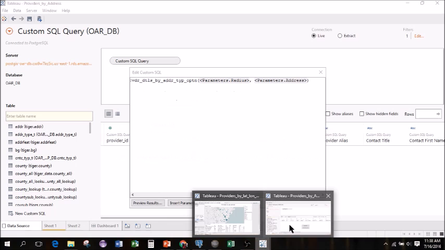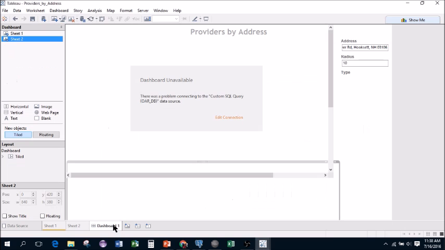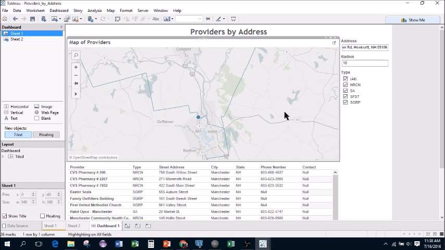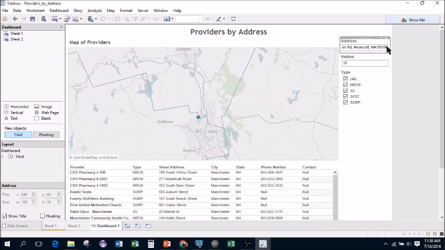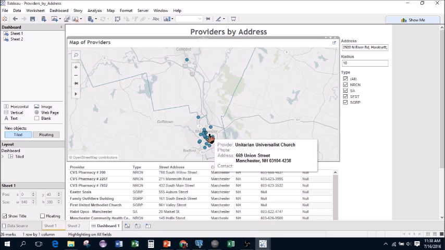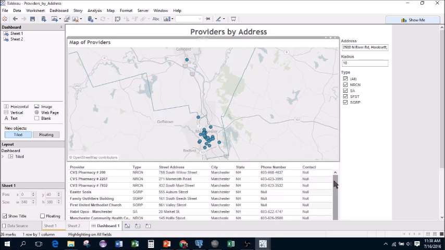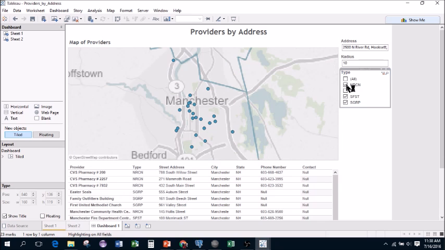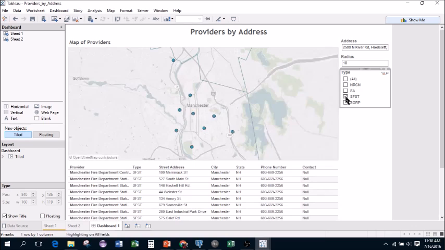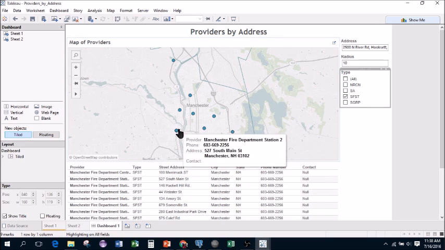So back to the Tableau, take a look at the dashboard. Essentially, we've got the same thing. On this one, I've actually entered in the address for SNHU, and if we click on that, you can see all the different areas around there. Some of the more interesting stuff, if we look at the safe stations, these are all the fire stations within Manchester that people can go to